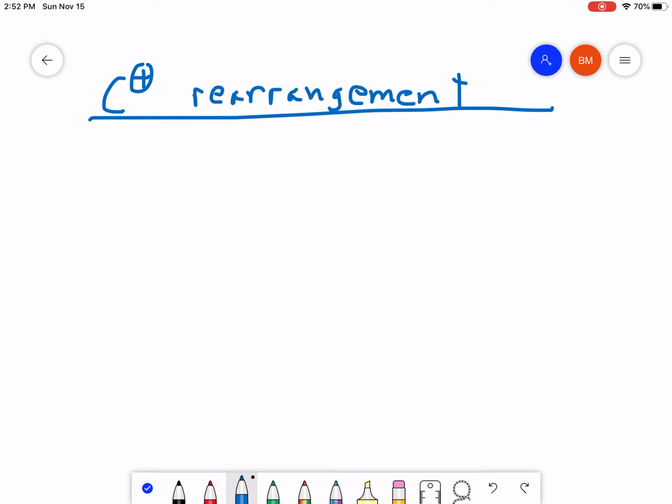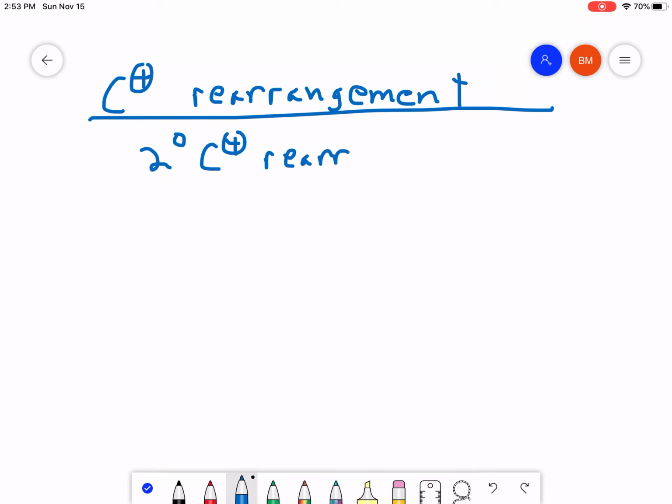Basically, a rearrangement happens when a certain type of carbocation is formed, and for lack of a better way of wording it, it sees an opportunity to undergo an internal rearrangement into a more stable type. At this point, for you guys, that's basically going to mean a secondary carbocation